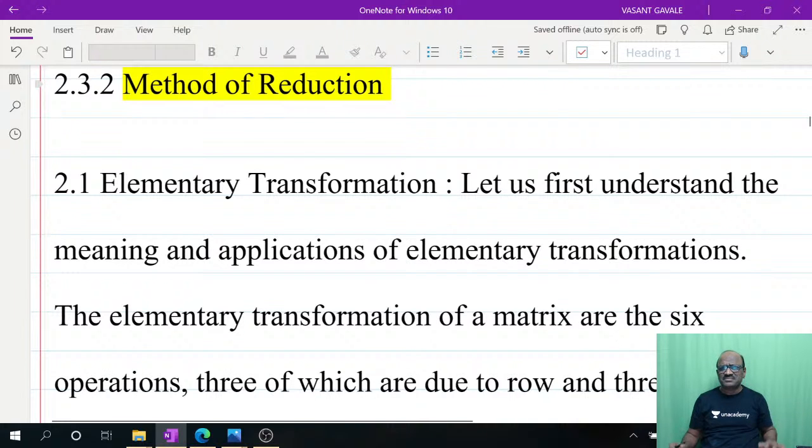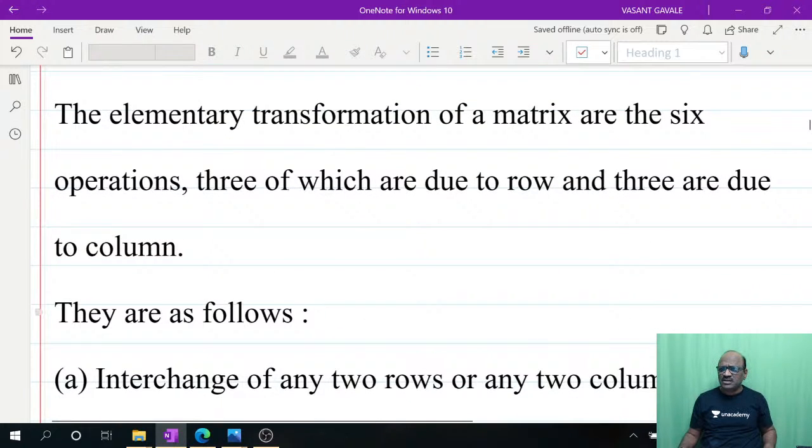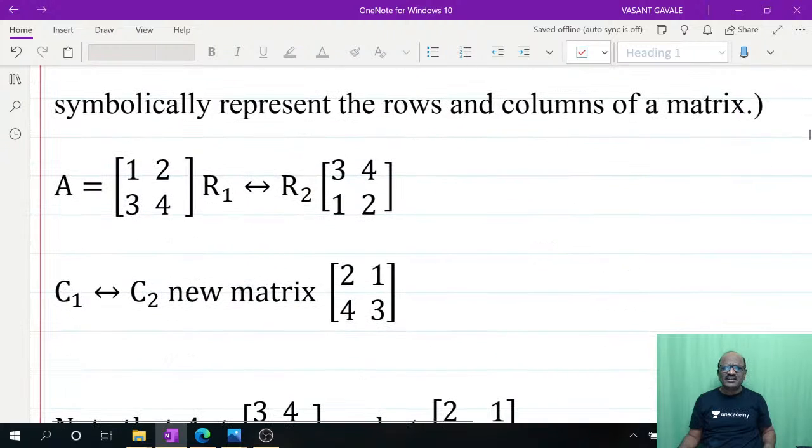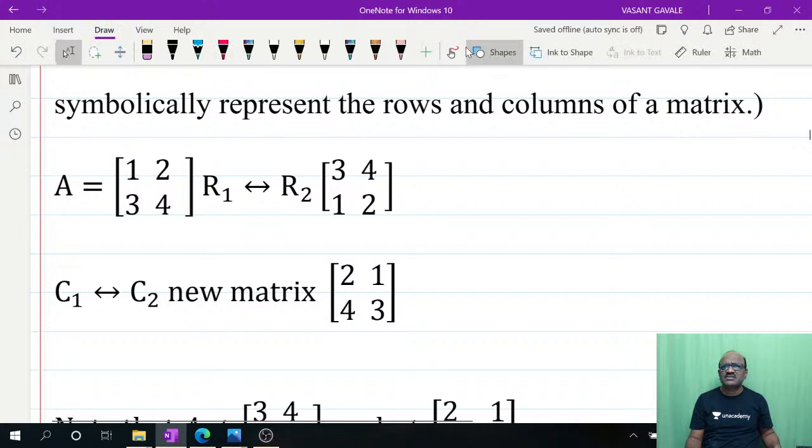एलिमेंटरी ट्रान्सफॉर्मेशन यामध्ये आपण रोज आणि कॉलम्स ट्रान्सफॉर्म करत असतो. हे 11th स्टँडर्डला देखील झालेलं आहे. RI ट्रान्सफर टू RJ किंवा ते RIJ असं पण यामध्ये लिहिलं जातं, किंवा कॉलमच्या बाबतीत देखील ते ट्रान्सफॉर्म केलं जातं. मॅट्रिक्स दाखवलंय बघा तुम्हाला, A 1 2 3 4. प्रत्येकदा मॅट्रिक्सचं रिडक्शन रीडिंग कसं झालं पाहिजे? इट इज इन दिस मॅनर. दॅट इज यू कॅन सी दिस 1 2 3 4 म्हणजे रोज आधी लर्न करणार. R12 म्हणजे फर्स्ट रो हा सेकंड राहणार, सेकंड रो फर्स्ट ला येणार. C12